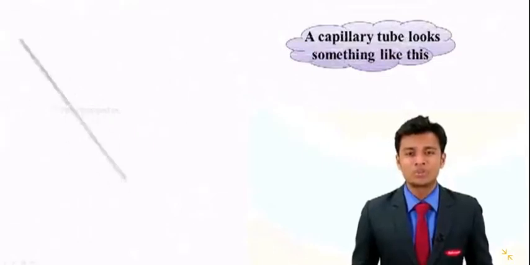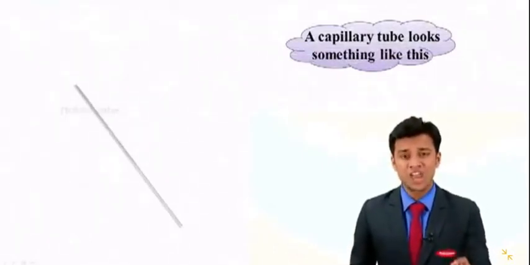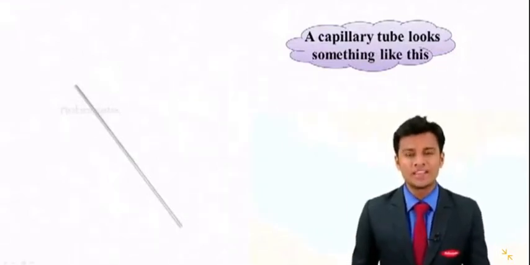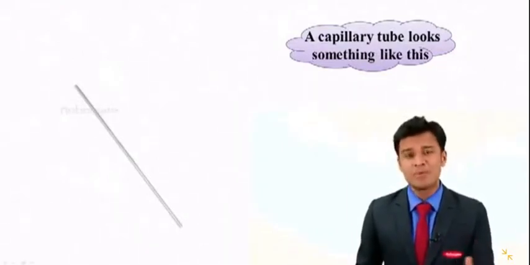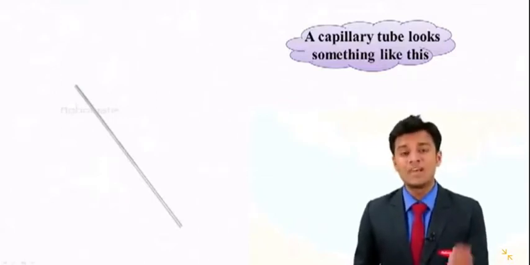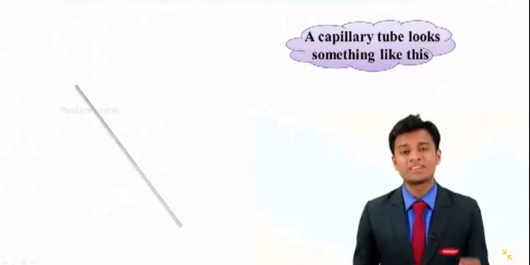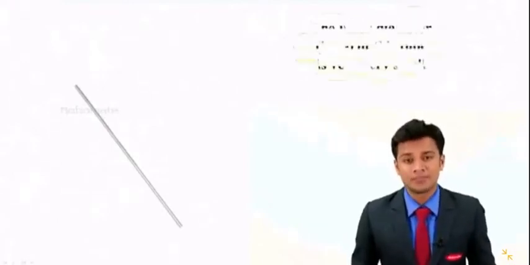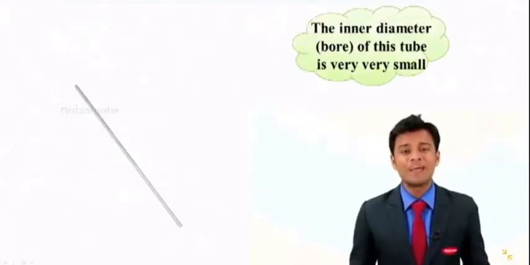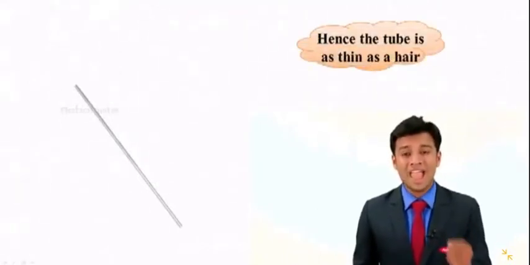Class, a capillary tube looks something like this. Now this is a tube which has the shape of a cylinder, or I can say that this is a tube which has the shape of a straw. But the difference between the straw and this tube is that it has a very small diameter, or I can say that it has a very small radius. So I say that the inner diameter of the tube is very small, and hence the tube is as thin